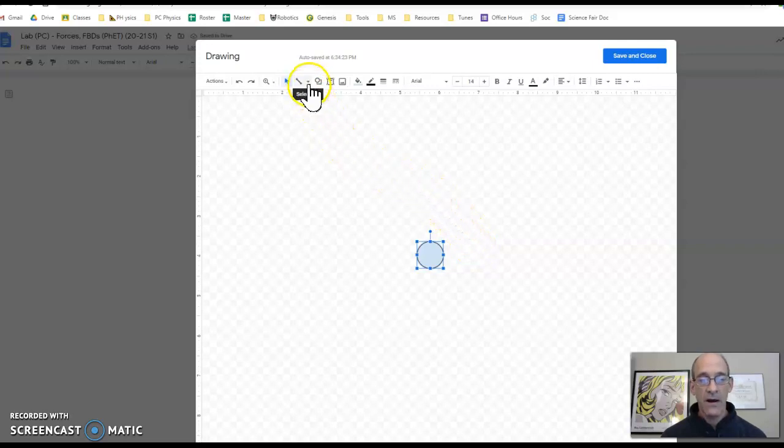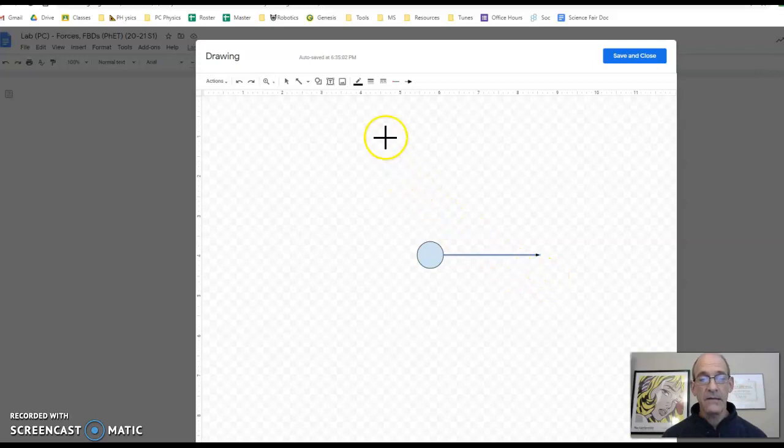Now I need to draw some arrows, which are my force vectors. So I'm going to come down to the Line menu here and select Arrow. When I do that, I get a crosshair. When I get close to my object, I can click on one of the purple dots and drag out my force vector arrow. If I just do it normally, it might be a little hard to aim it, and I might think I want it to be perfectly level, which would be a good thing. So if I hold down the Shift key, it will lock into perfectly level,